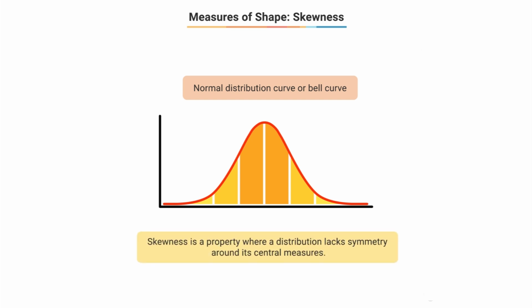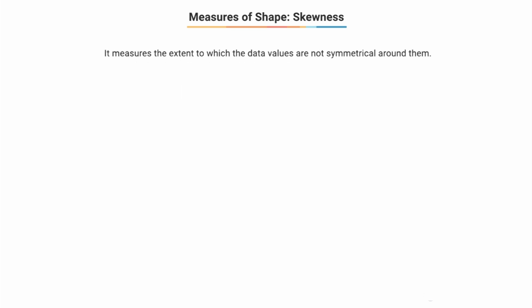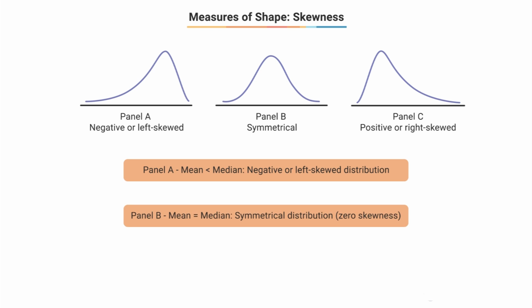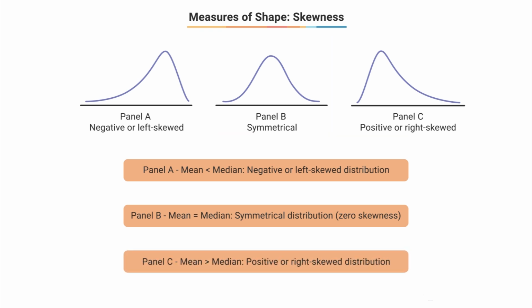Here, skewness is a property where distribution is asymmetric or lacks symmetry around its central measure, like mean or median. Skewness measures the extent to which the data values are not symmetrical around the mean. There are three possibilities. Either mean is less than median. This is called negative or left skewed distribution as shown in panel A. Then you have mean equal to median, which is symmetrical distribution, zero skewness as shown in panel B. And then you have mean greater than median, where you have positive skewness, that is right skewed distribution as shown